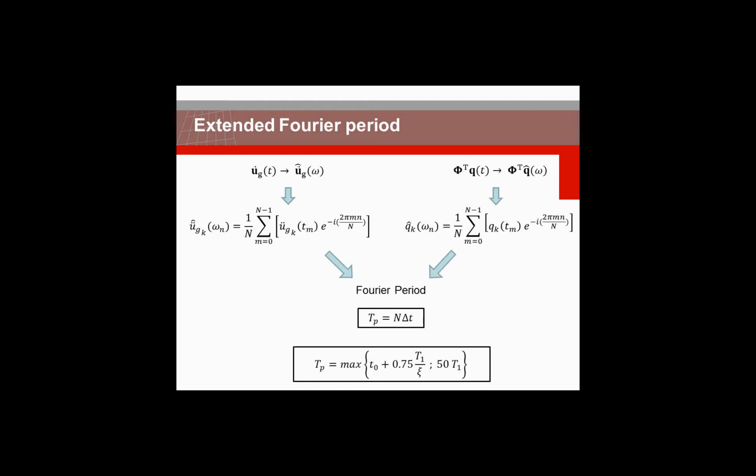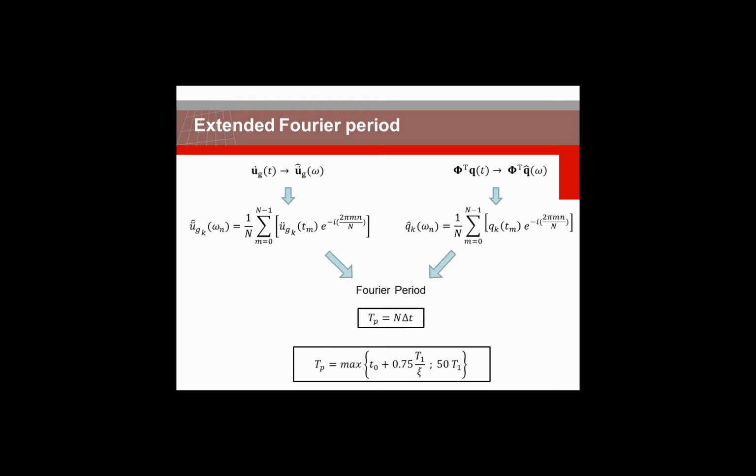And these are the expressions we use, the discrete Fourier method for obtaining a time series in a frequency point, right? And this has to be done for the acceleration, and for the pseudo force, and for the